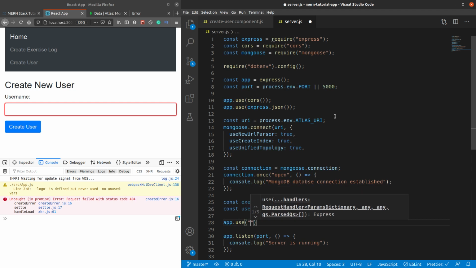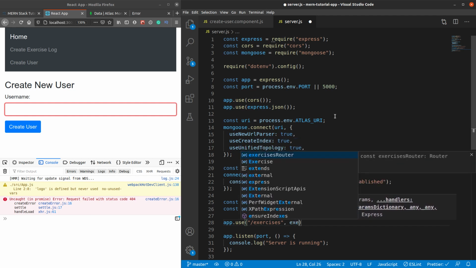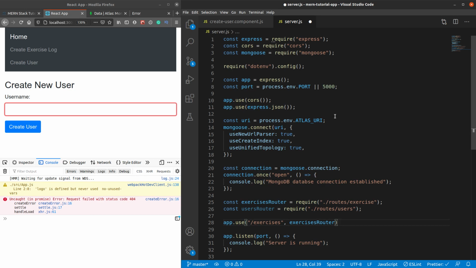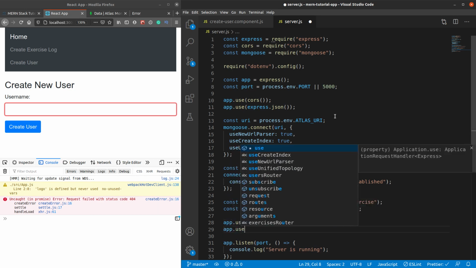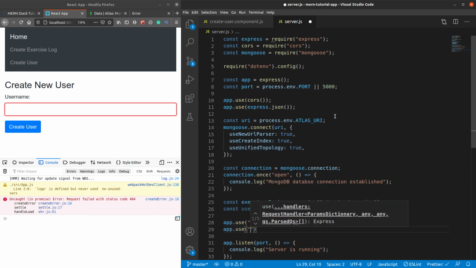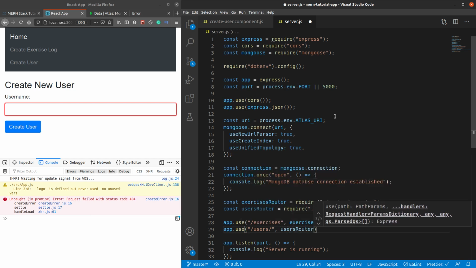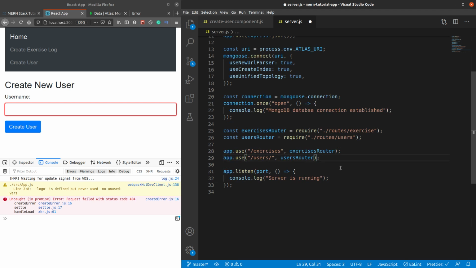Anything that comes with /exercises should navigate to the exercise router, and anything that comes with /users should navigate to the users router. I think we're done from the server's point of view.